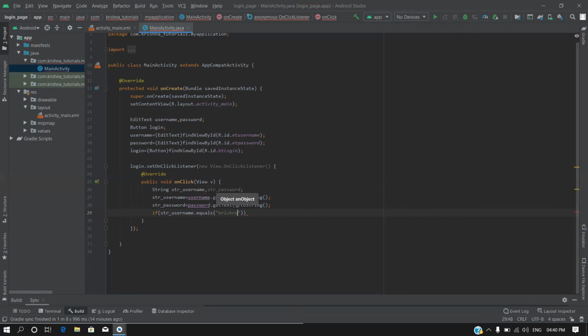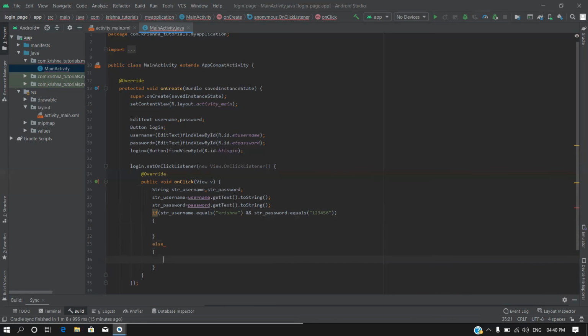Let's say username is Krishna, then it will return 1. If the given username from the user is also Krishna, then it will return 1. Else, if there is another input from the user, it is going to return 0. Then this condition is false, and with that I'm also going to check whether the password, let's say dot equals password, let's say 123456. Okay, so if this condition is satisfied,